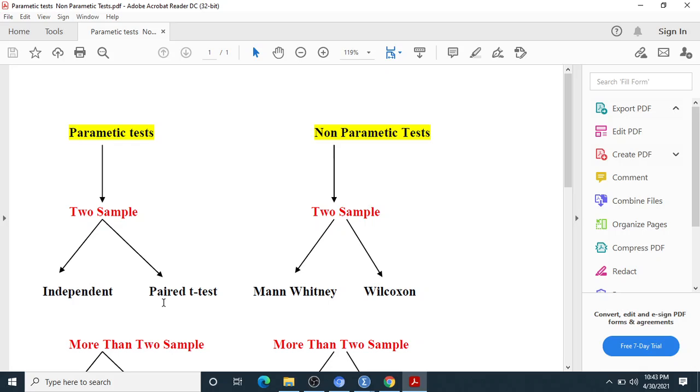Suppose there are some faculty members, and we study their attitude or working behavior before attending a faculty development program, and then their behavior and attitude after attending the program. So before and after, that is the study, and the data will be the same in case of the paired t-test. So let us discuss this one.